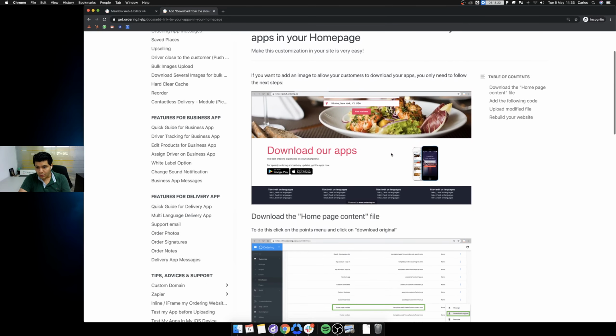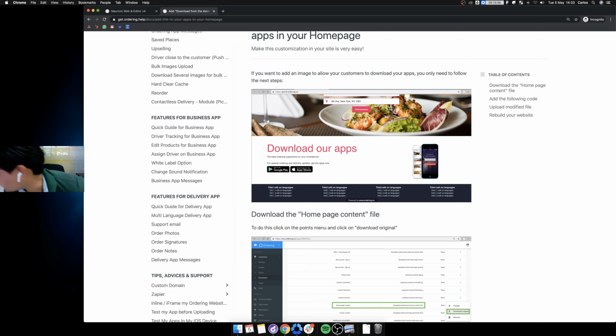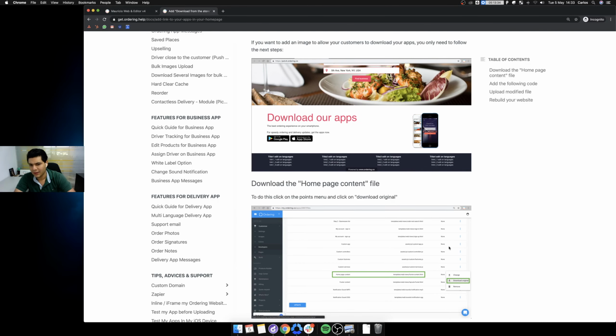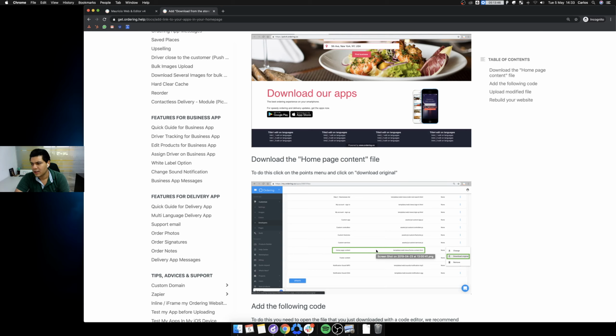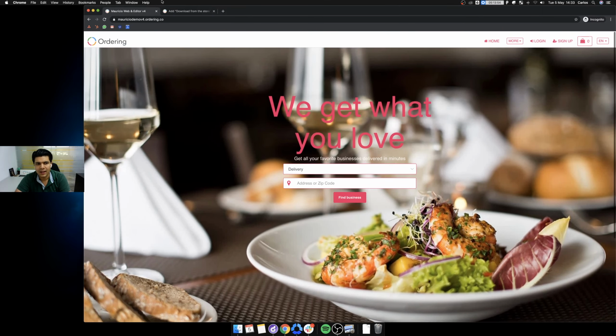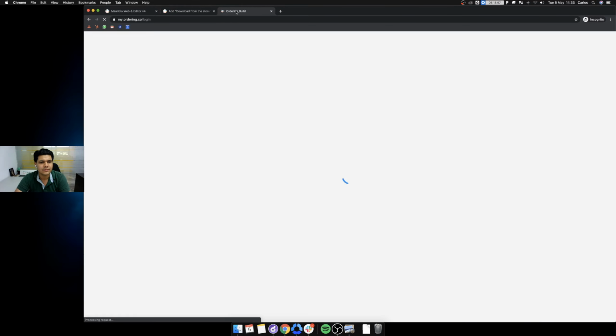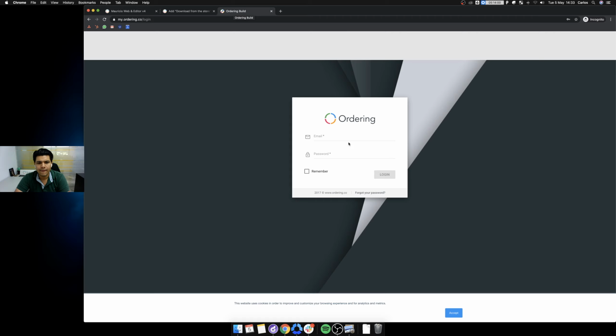So here we have to get, these are the buttons. Who asked me that? Let me get back to that. So Ricardo, if you're still here, I will show you how. If not, everyone take a look at this because this is very, very important. So you can get your links here for your apps, for the customer apps. So first we have to get in our ordering builder, and then we have to download the homepage content file, the HTML file. So we get in the builder,